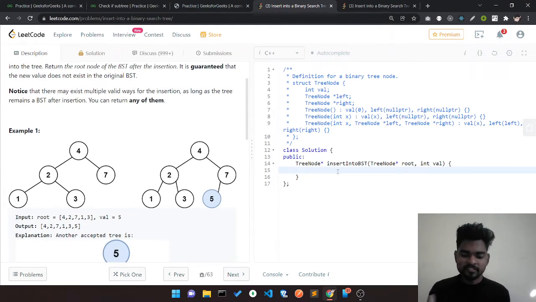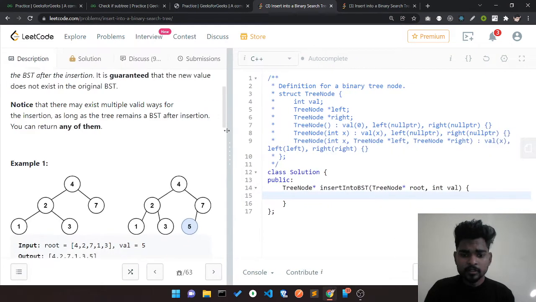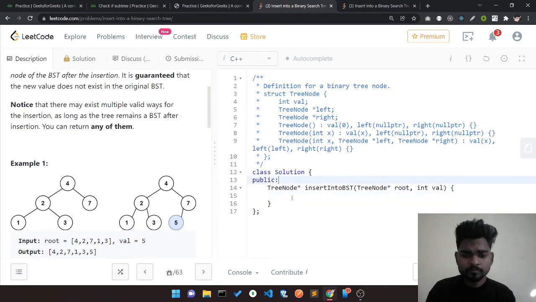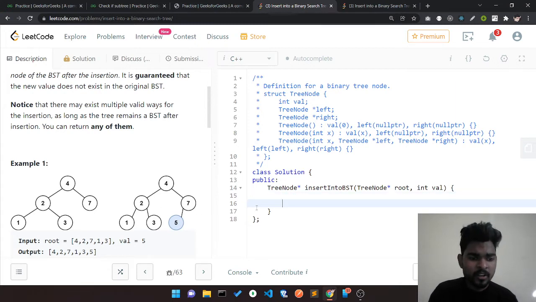So let's write the code, guys, for better understanding. I'll just enlarge the size for better quality. Whenever I reach the end, where I insert my val, first and foremost I have to compare with my val.